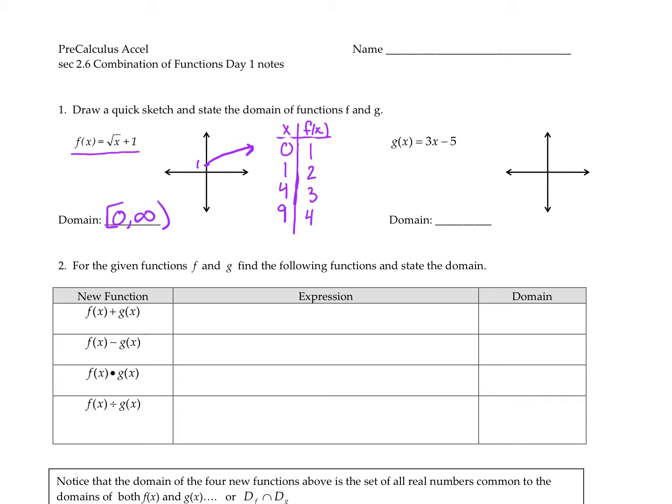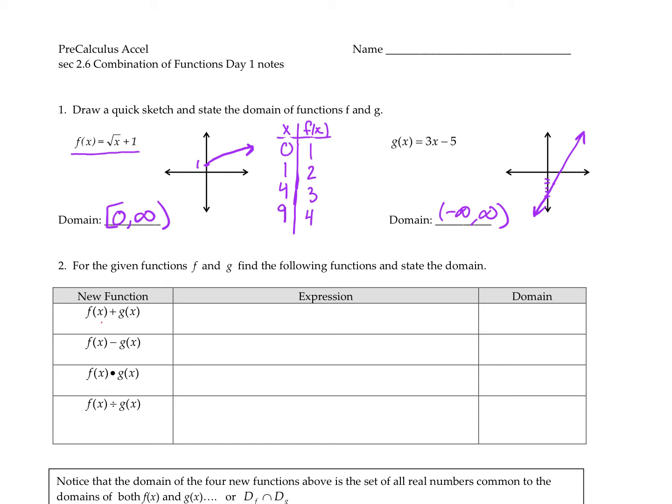Now this is a line. They would start at -5, have a slope of 3. And we know all linear functions have a domain of -infinity to infinity. All right, so now that we reviewed some functions, let's talk about if I have f of x plus g